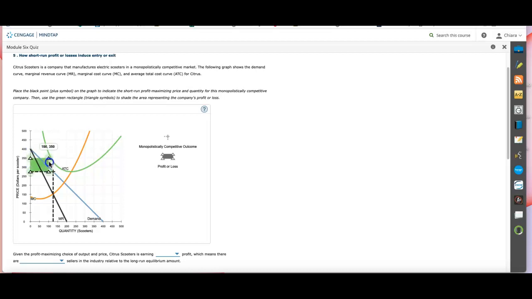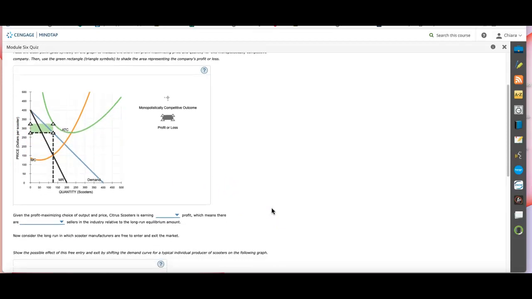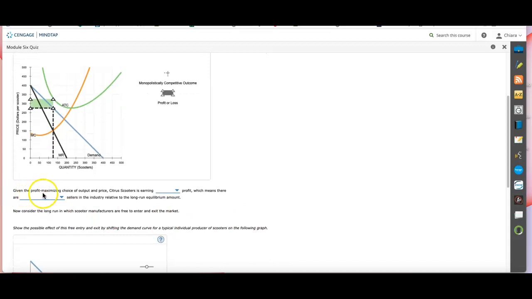Actually, I did too much. The average total cost. I think I can go one more. Yep. It's below the average total cost, which is 325 by the look of this graph. So given the profit maximizing choice of output and price, Citrus Scooter is earning a negative profit, which means that there are